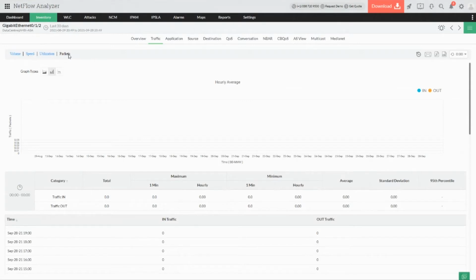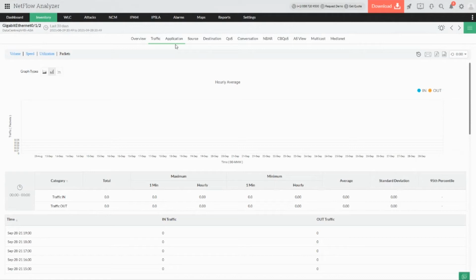So via the NetFlow Analyzer, you have multiple different options and various features, which help the network or system administrator have a complete picture of the bandwidth utilized. Because when we talk about the conventional or default available tools, they're not going to give us multiple options. They're just going to give the overall bandwidth utilization, input and output. But the advantage of using NetFlow Analyzer is that you will have an in-depth and detailed picture of what is happening at what particular time with respect to volume, speed, utilization or packets. You have multiple different areas where you can analyze them in depth.